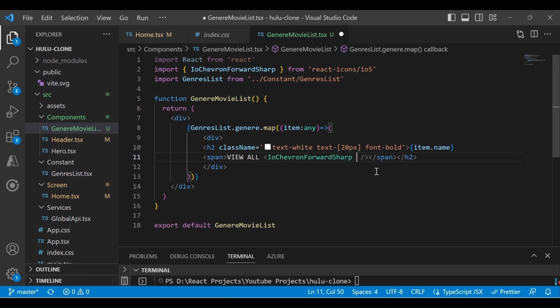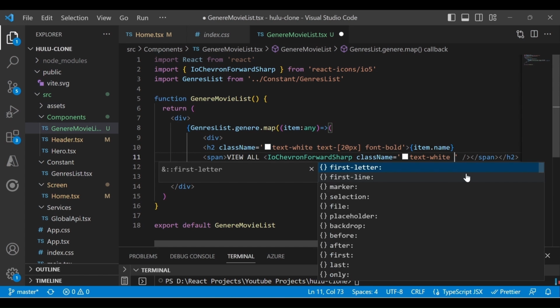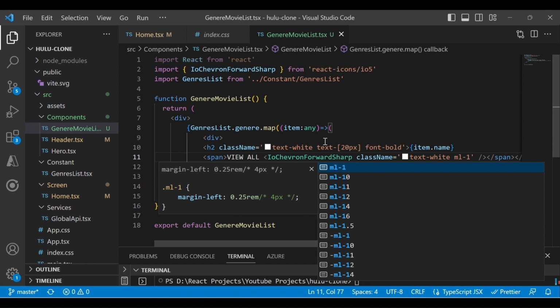And we also give some style to this one, so let's say className, text to be white, and also we give some margin left of 1, and save it.